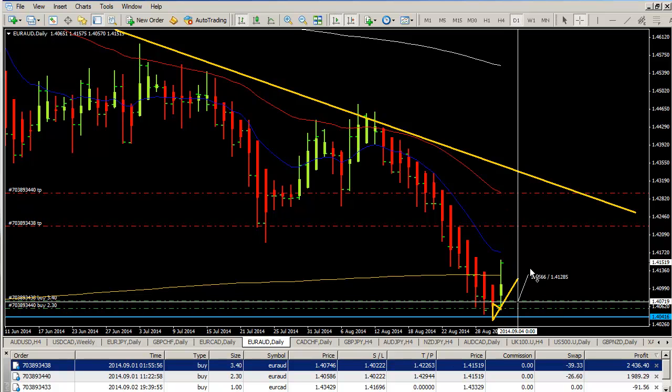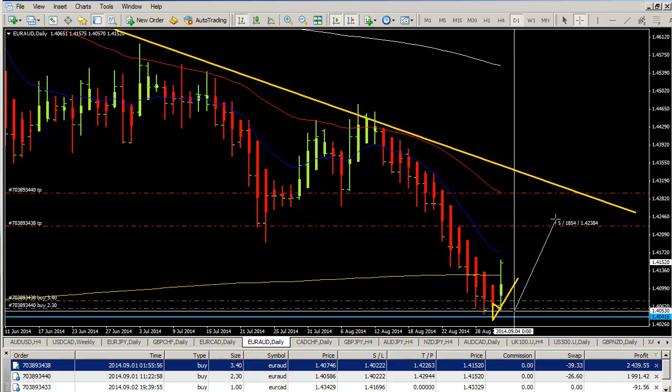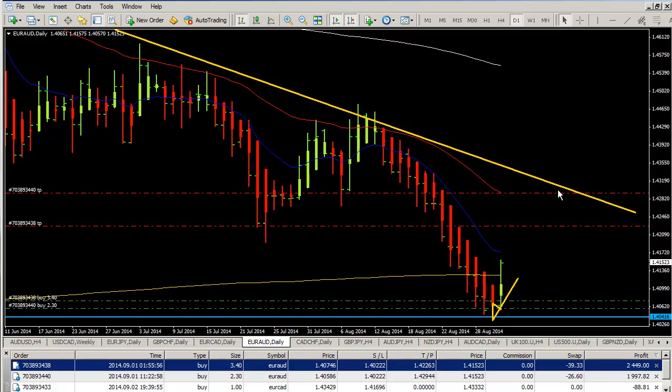Then I have about 150, 160 pips profits, and about 240 with a second one with a 30 pip stop. So actually this would grow the account kind of quick,